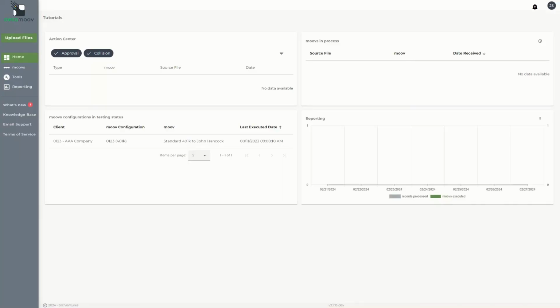In this video, we will discuss how to create a moov definition. A moov definition is a set of defined steps that moves data after it has been received by using the definitions created from a file definition. The file definition is the foundation of the moov definition, and only the definitions created from the selected file definition